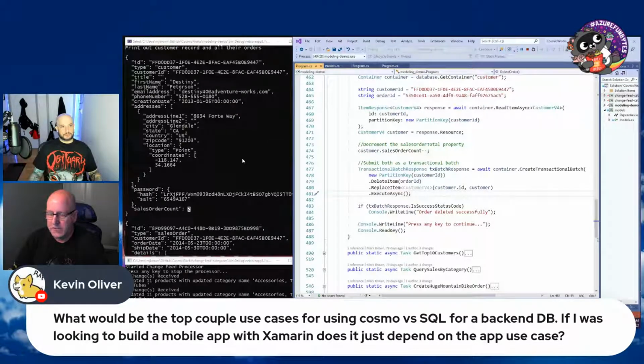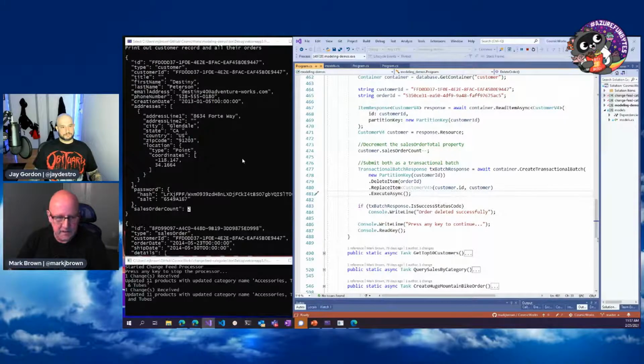So there are multiple reasons to use a database like Cosmos versus a relational data store. One, availability is typically a reason why people want to use it because it's a distributed database. Cosmos can survive regional failures or outages. Another reason is latency. If you can get your data closer to your users, then the time it takes to do a read request is shorter because the packets don't have to travel as far. If you use our multi-master or multi-region write feature, and all of your regions also accept writes, then your reads and writes are now really fast as well. So that's another reason, latency, not just for reads, but also for writes.